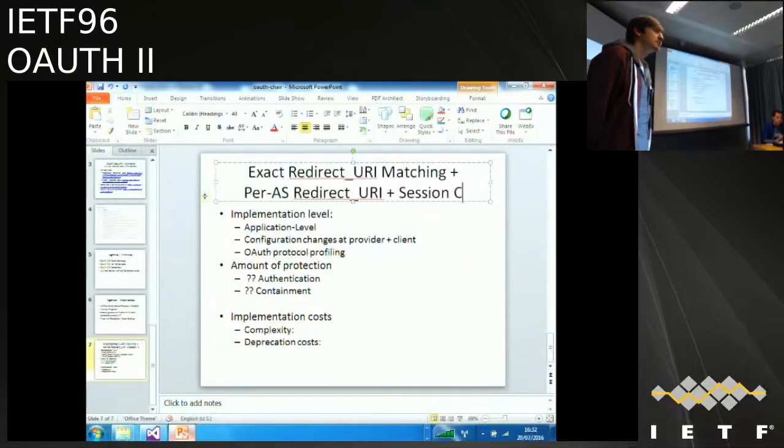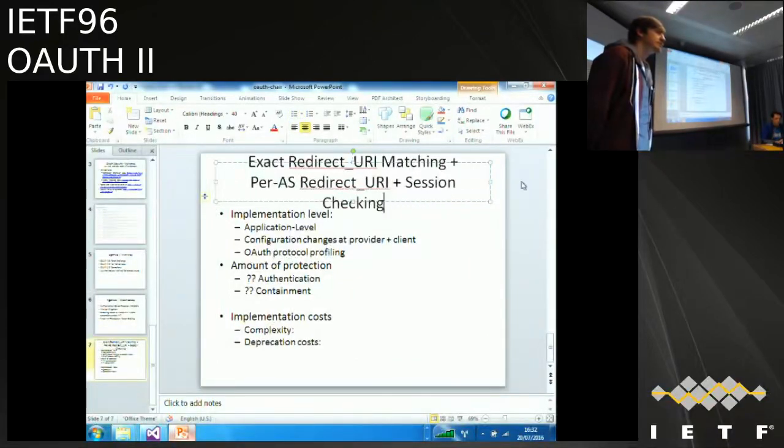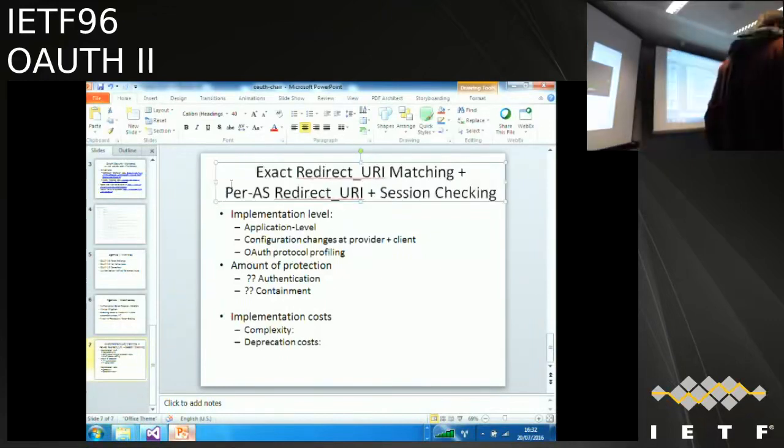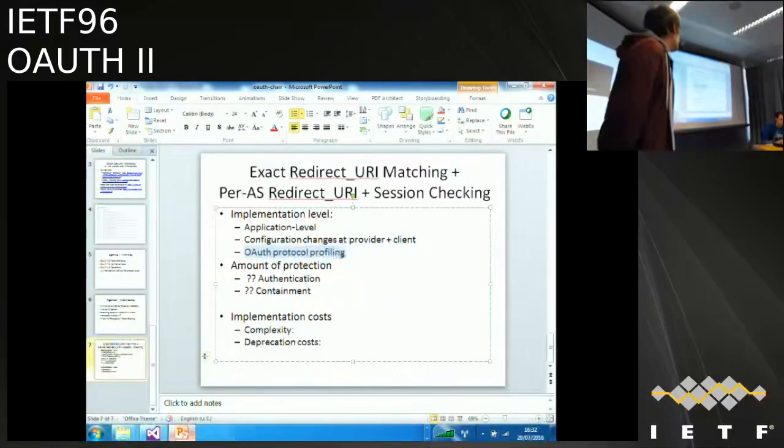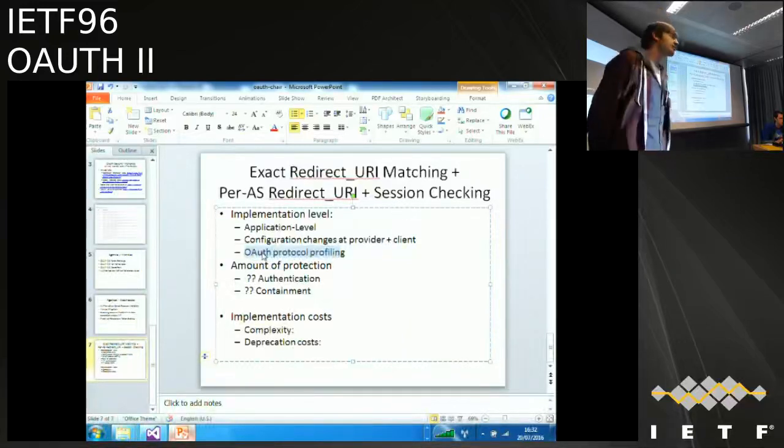Or it's just an injection thing. But I would still say, in this specific case, about do we change the OAuth protocol? I would say we are not introducing new parameters here. I would say it's profiling, constraining the